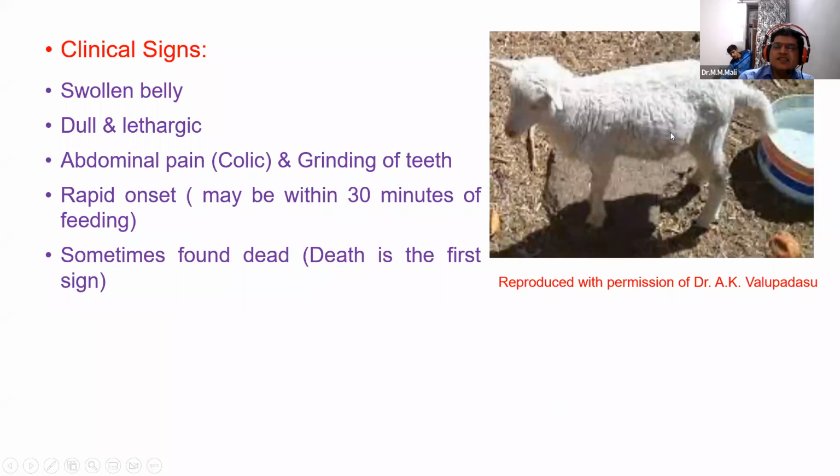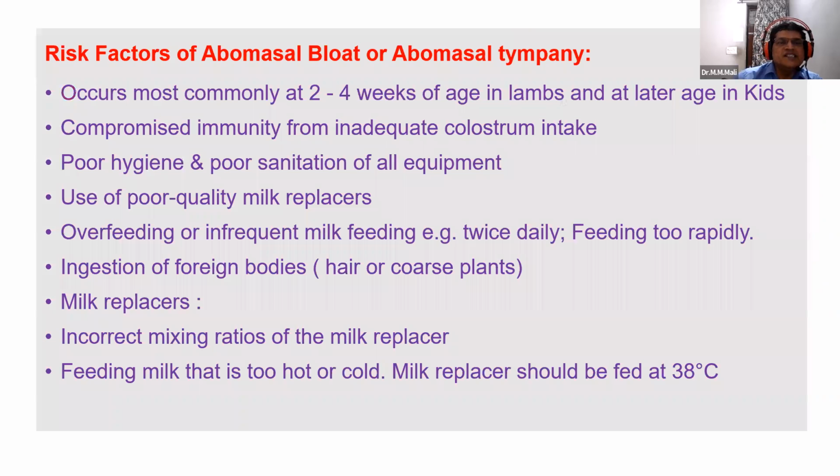So this picture is showing the signs of abomasal bloat or tympany in a young lamb. The risk factors for abomasal bloat: it occurs most commonly at 2 to 4 weeks of age in lambs, and at a later age in kids. It compromises immunity from inadequate colostrum intake, poor hygiene and poor sanitation, use of poor quality milk replacer, overfeeding or infrequent milk feeding, that is twice daily,